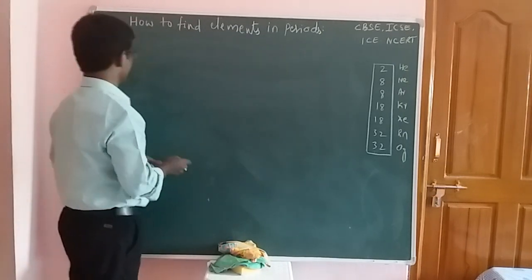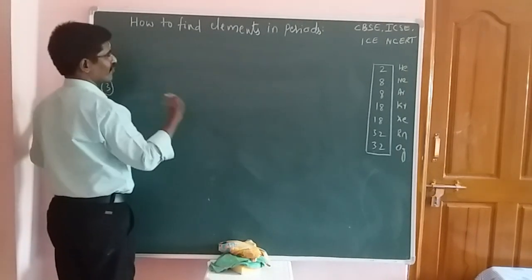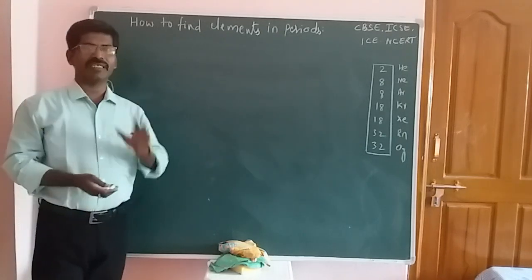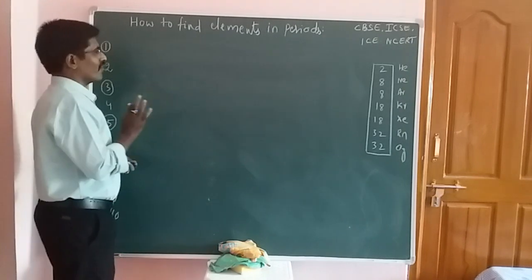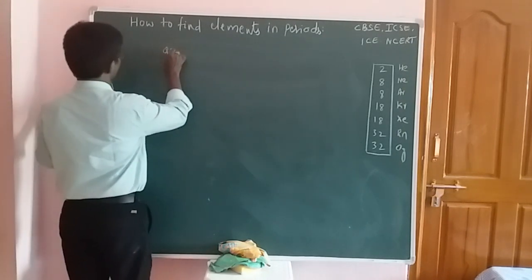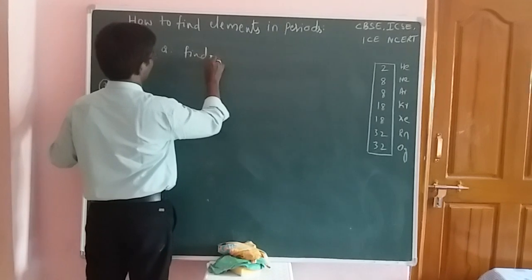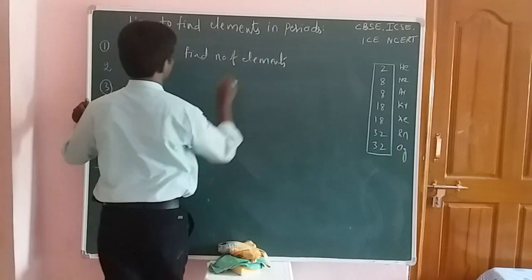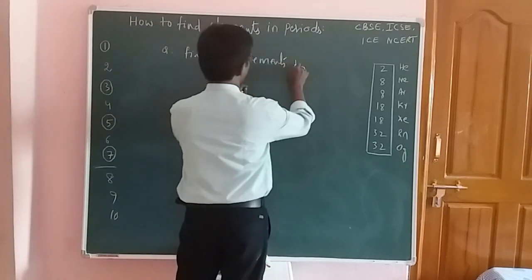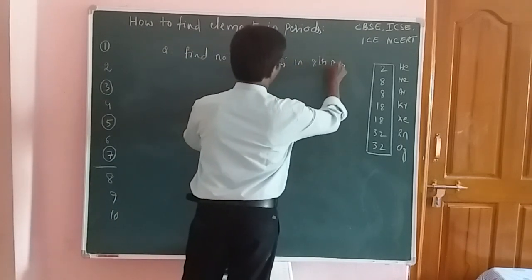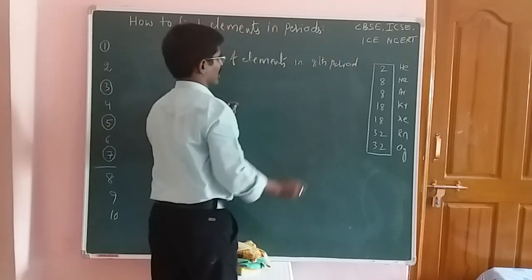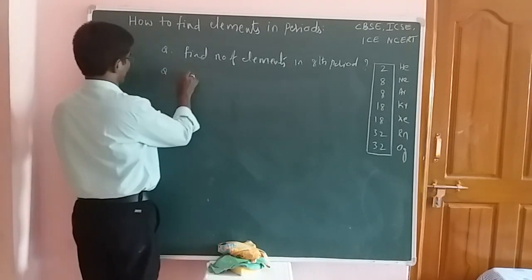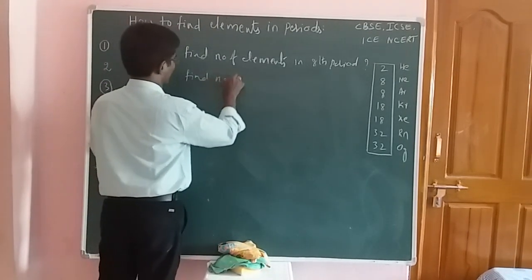One more question, students. Now write. Before going to that second trick, in this trick I will give two questions. You should write the answers for those two questions. Okay, question number 1: find the number of elements in the 8th period. Okay, students, number of elements in the 8th period. Second question, find the number of